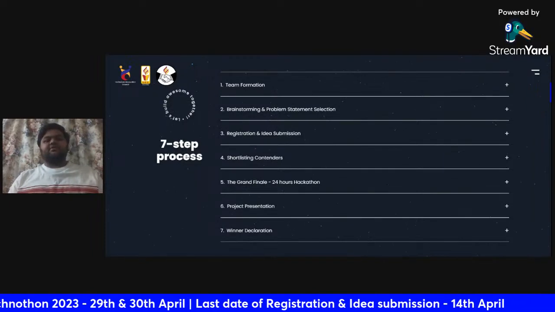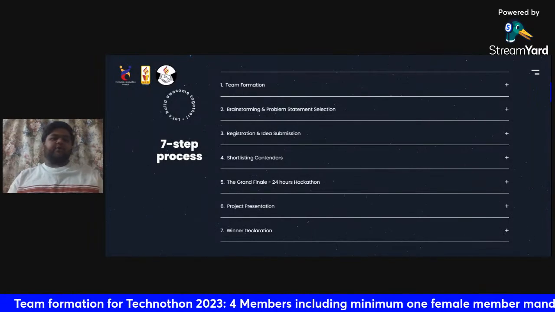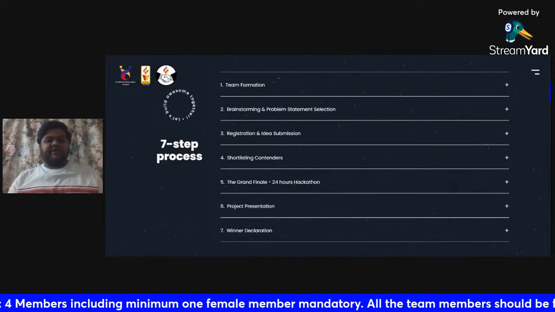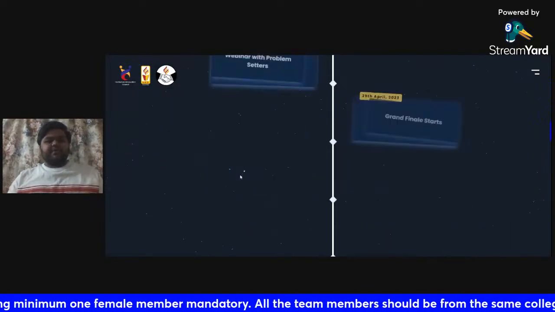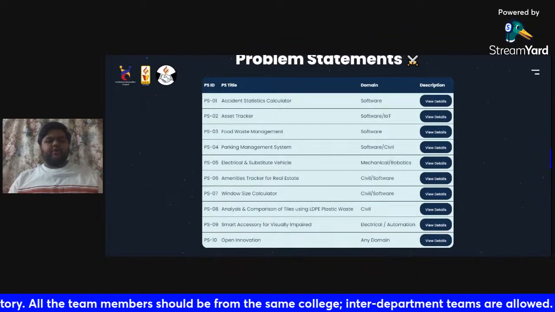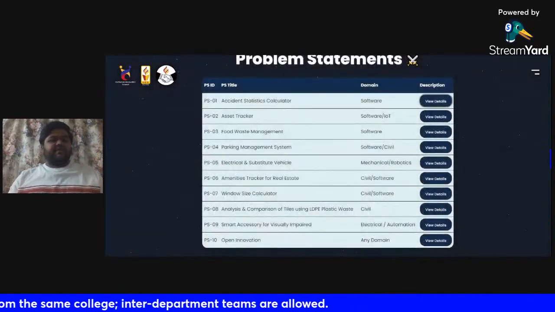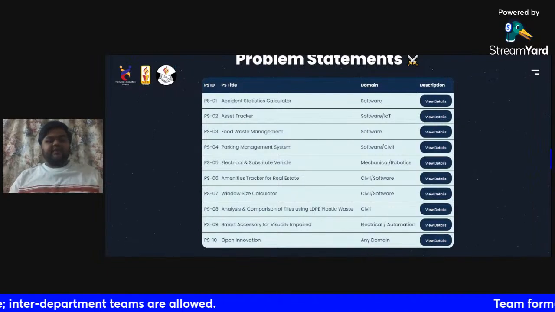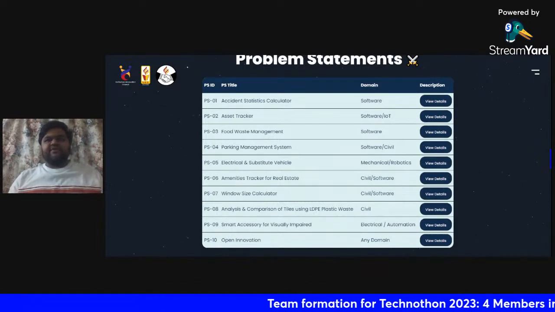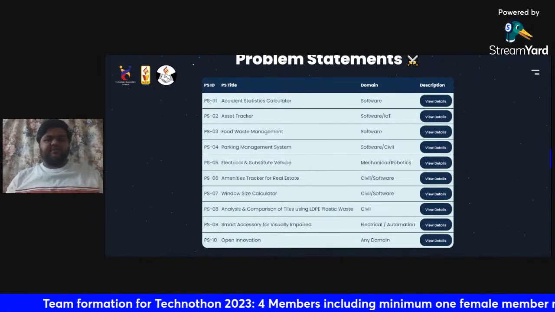Regarding forming a team, team MangoDB has already guided you on how to form the team, what the do's and don'ts are. Using those do's and don'ts, you can form your team. Once you have formed a team, we have nearly 9 problem statements uploaded on our website. You can check out all the problem statements, and for the problem statement which you feel is the most suitable, for which you can provide the best possible solution, and a solution which goes beyond the problem setter's expectations, you can opt for it.